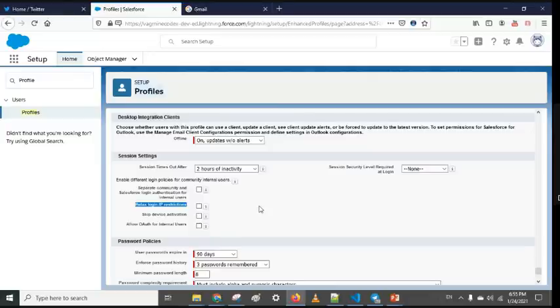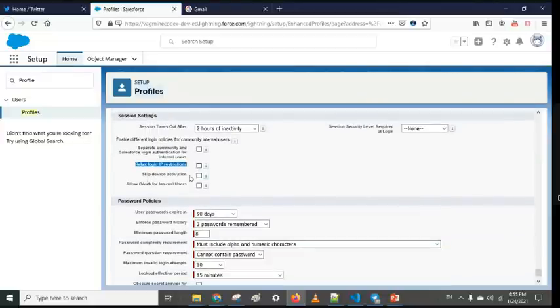This is the IP range I have to restrict those customer executives to, so they can only log in through those IP addresses. But if you don't want that restriction, then you can relax the IP restriction. Using this, they can log in from any system or any browser.